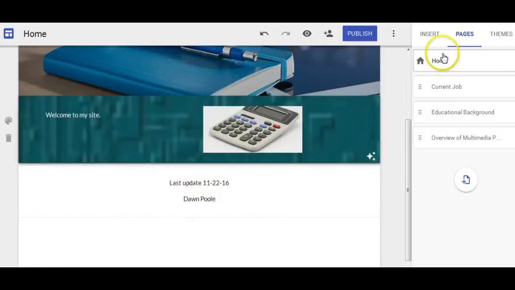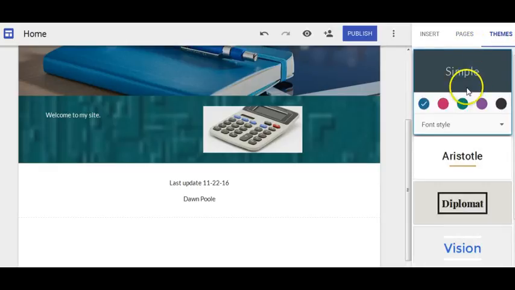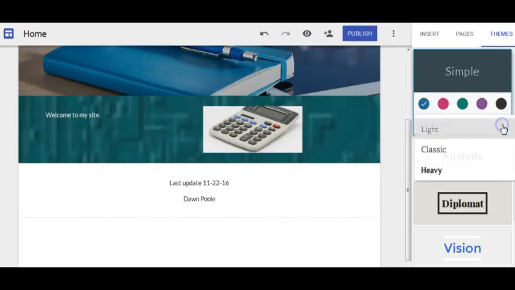One thing I haven't talked about yet is the themes option up here, which does allow changes in, this would be for the background color that appears as you create new sections. You can change to several different colors. You can change the font style a little bit, not too many choices. And then it gives you a few options down here for the general format of your site. So you don't have a lot of choices, but because HTML code is built into everything, at least you get